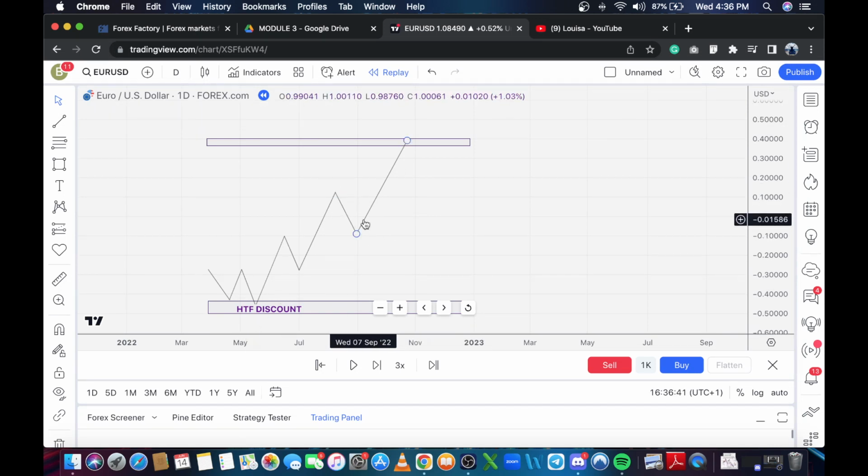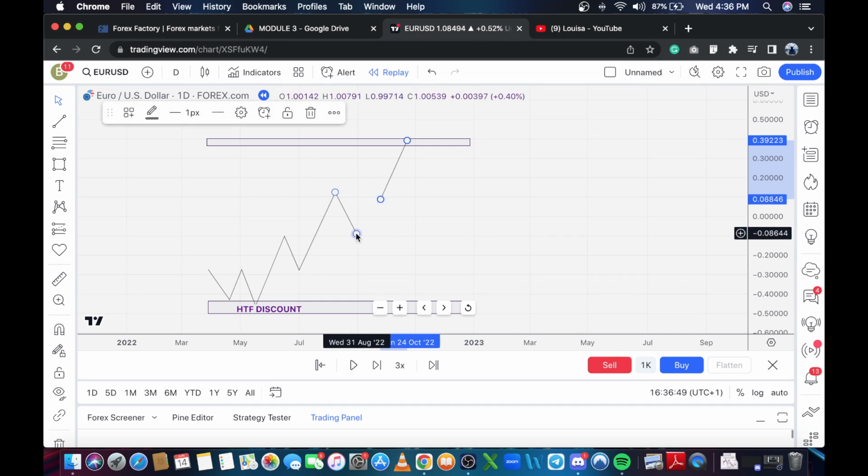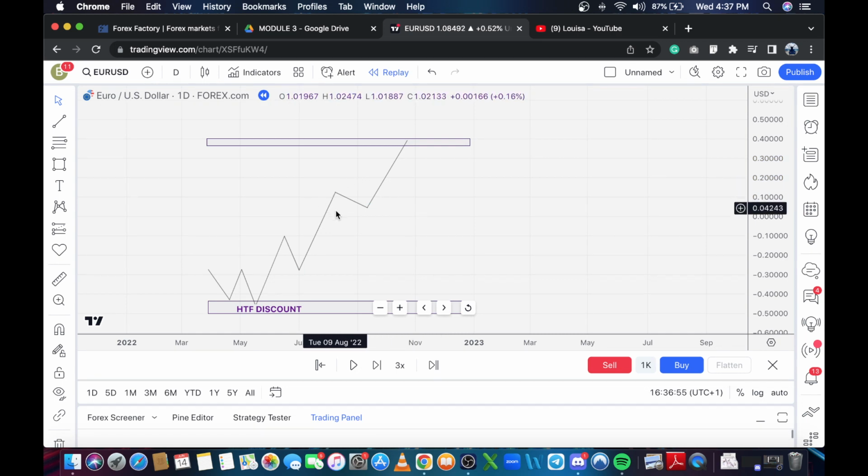Now, the reason why the third swing grade is the fastest is because price is aggressively reaching for liquidity. So the closer we are to the liquidity objective, the faster the price movement we're going to see. That is also a psychological play in price, right? So if you're short inside this entire range,